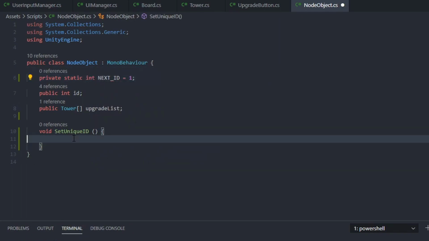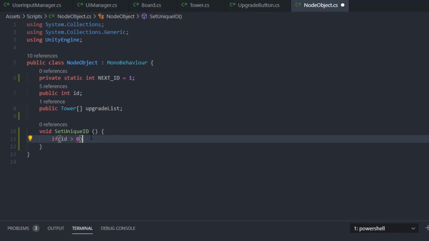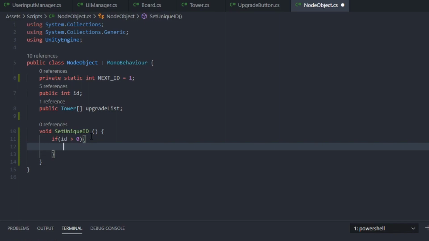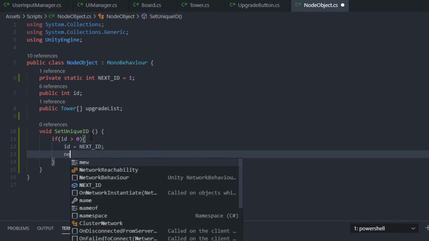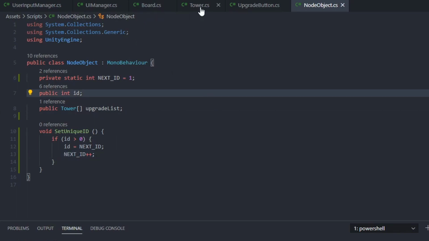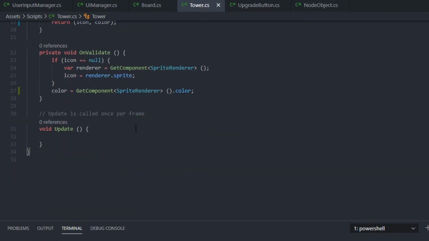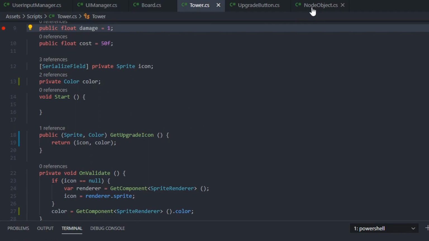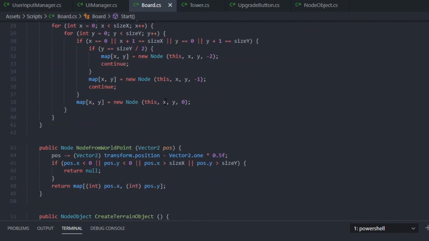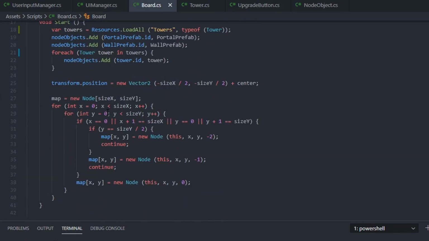int, and in here if ID is greater than 0, we would simply say ID is equal to next ID and next ID plus plus. And with that we go inside the tower and we would actually call this, so not tower, actually we want to go inside the board. Now the issue is this node object dictionary, so let's create a method that drops stuff